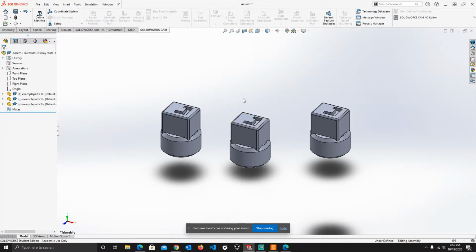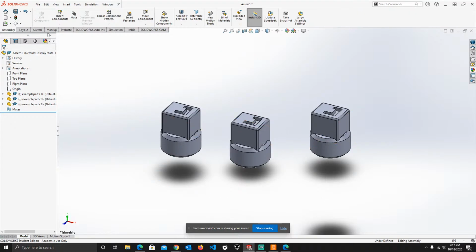And sweet, I got 3 of them. So how do we make them so that they are mated together? That's usually the main thing that you want to do in assembly. You want to pair everything together so everyone's happy and they're glued together to each other. So the best way to do this is we go to assembly, and for now I'm just gonna show